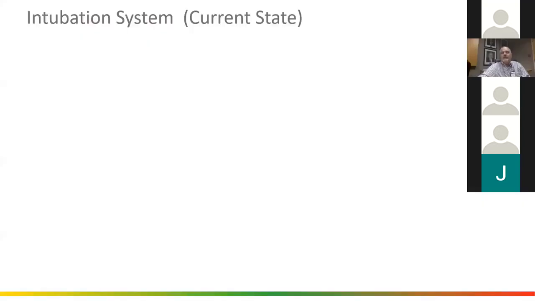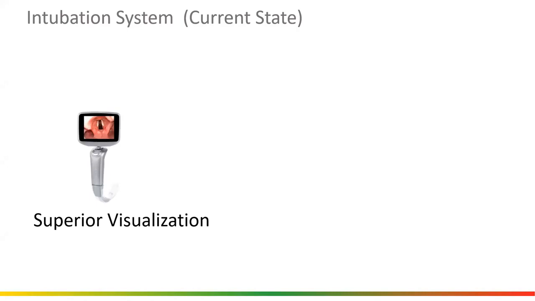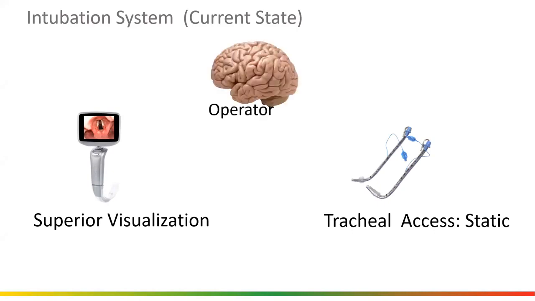So intubation systems, we're going to go back to that, and we're going to look at our current state, what's widely available. We have video laryngoscopes, absolutely superior visualization. The jury is in on that. Everything says that if you have a video laryngoscope in your hand, it is exceedingly rare that you cannot see and cannot visualize the glottis. Okay, tracheal access remains static,